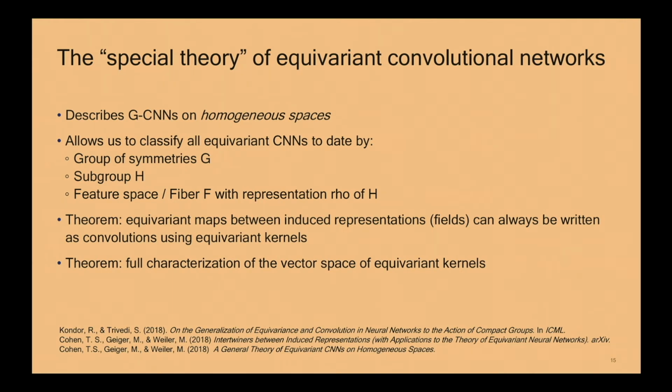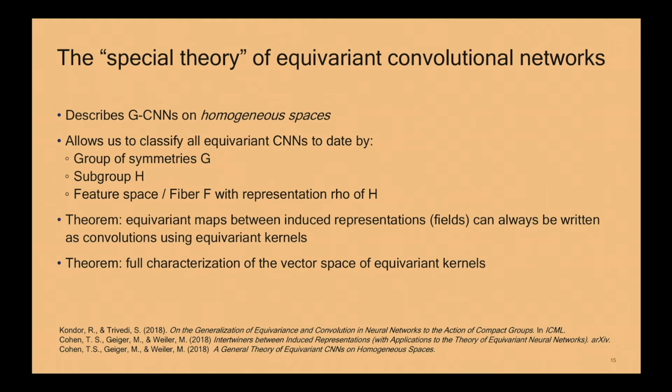The reason we call this the special theory is because there's actually a very precise analogy between this kind of mathematics and the special theory of relativity, which deals with similar kinds of structures. And the second part of the talk, on gauge equivariant nets, you could think of as the general theory, where we